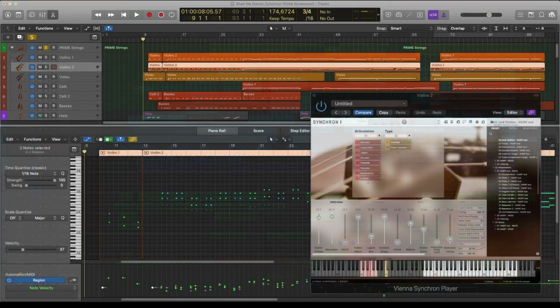I'm going to play you some short passages with the different sections now, starting with the strings.